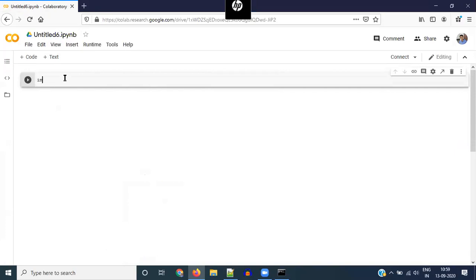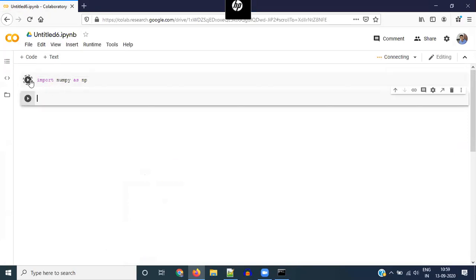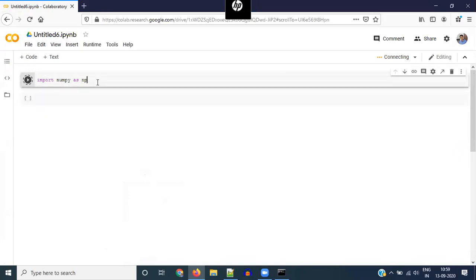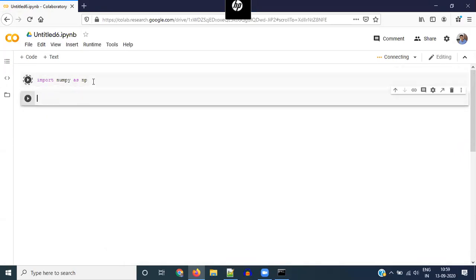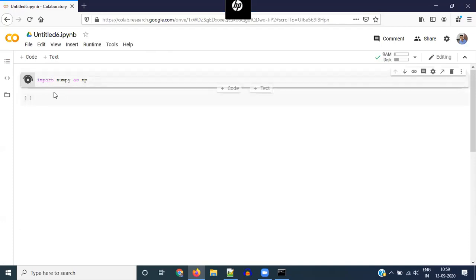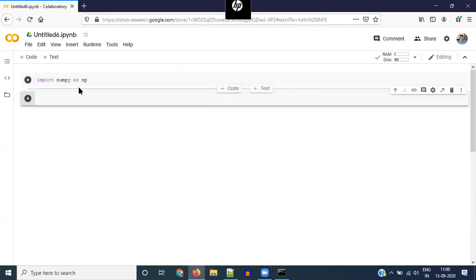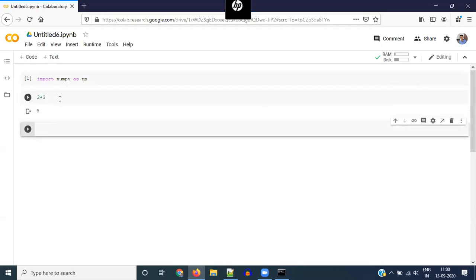And you can import NumPy as np. Even here, to execute a cell, you can either click on this play button or hold shift and press enter. And yeah, sometimes it can take a while to even run simple things like this. If it's the first time you're running, then importing modules can take some time, because it's trying to fetch those and initialize the service for your use and so on. But apart from that, you can do all the other stuff that you can do in Jupyter or in Python right here.